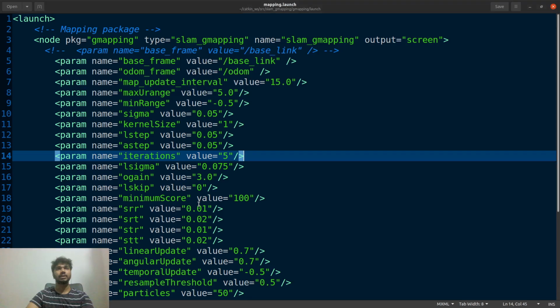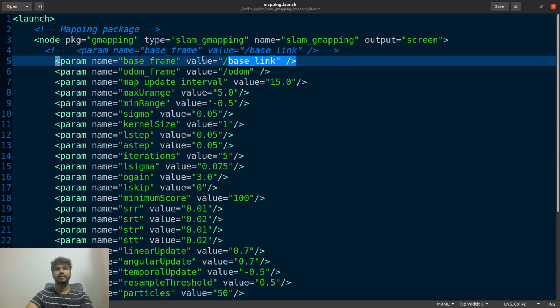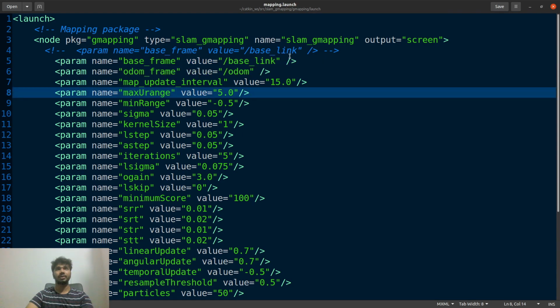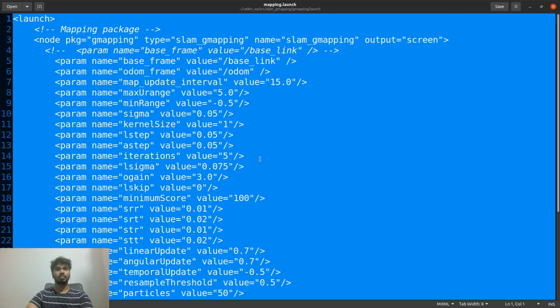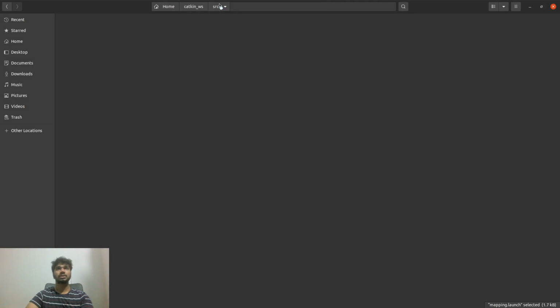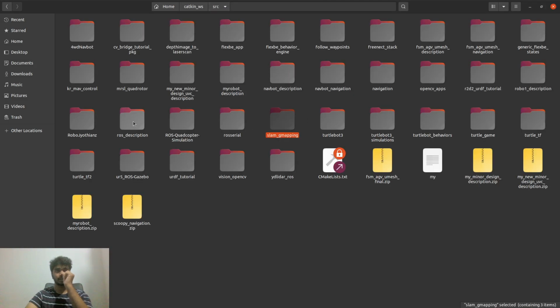This is exactly the same thing I have used with just an addition of one line. That is, I have specified that the base frame is the base_link and the odom frame is the odom. With just this addition of two lines, I have created this mapping.launch. So what we can do is I'll copy this full thing and I'll use this in my robot description package.